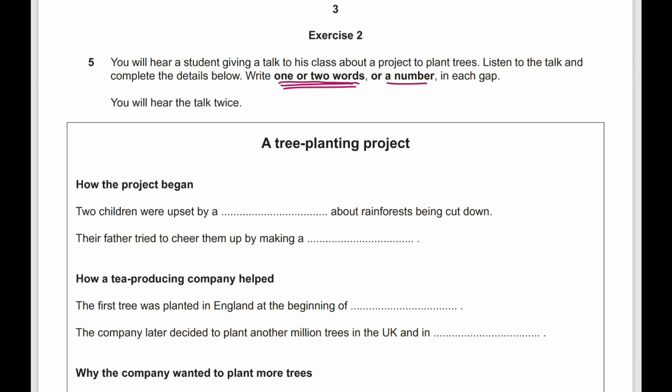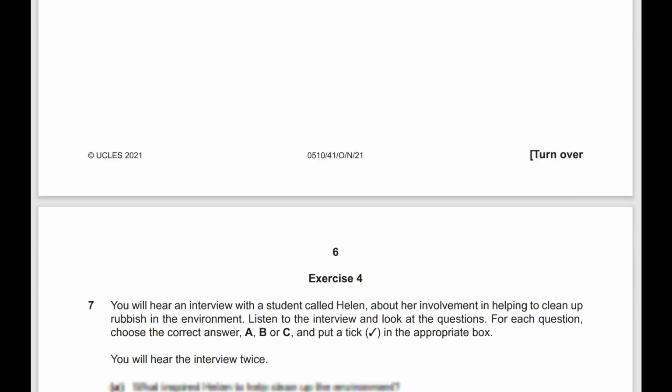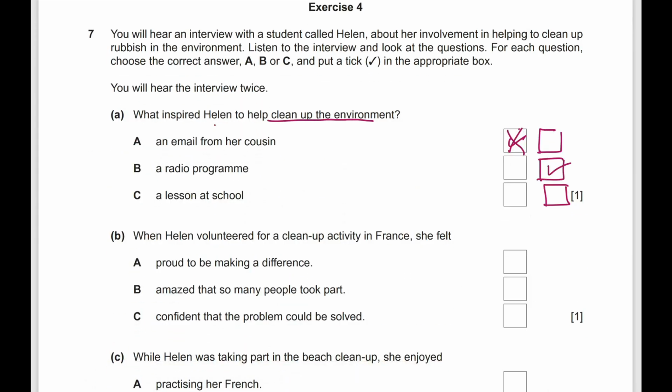Don't write the letters outside the boxes in exercise number 3. For any reason, ما تنفعش هنا تقول لي I'm gonna write it here. This will be regarded as wrong. Okay? So speakers 1 to 6. Don't tick more than 1 box for any question in exercise number 4. Of course, you know this. Exercise number 4, you cannot by any means do it this way. It is completely wrong. It will be regarded as wrong. Multiple choice.